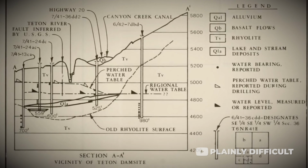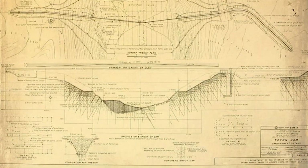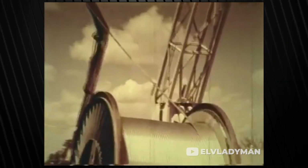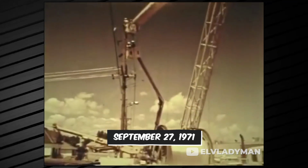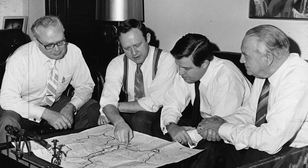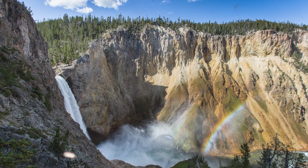Before construction began in 1971, an environmental impact statement was issued for Teton Dam, but it didn't address the possibility of dam failure. Questions about the EIS, lacking funding, and site preparation work delayed the project. On September 27, 1971, several conservation and environmental organizations filed a lawsuit in Idaho District Court to halt the construction. Despite the legal challenges, Idaho's congressional delegation pressured the Department of the Interior to proceed with taking bids in Idaho Falls on October 29,